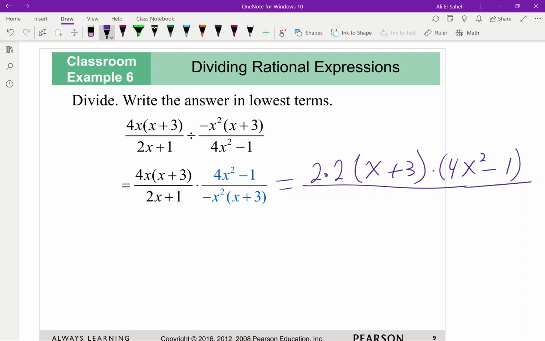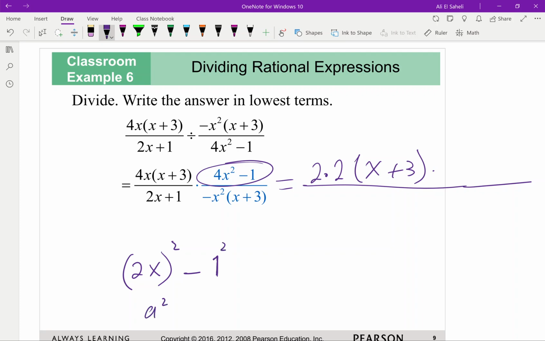Okay, this is equal to x squared minus 1, but 1 can be thought of as 1 squared. So this is a squared minus b squared, which is a minus b, a plus b,